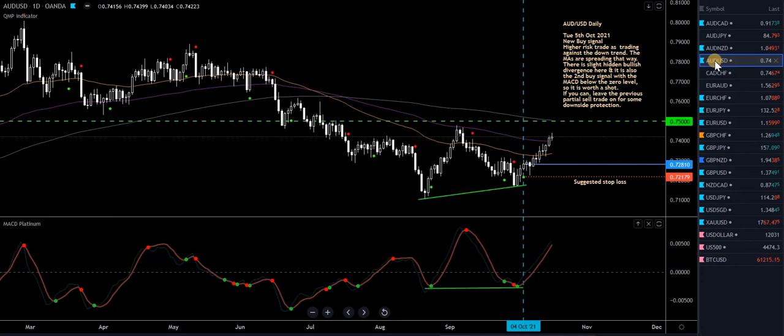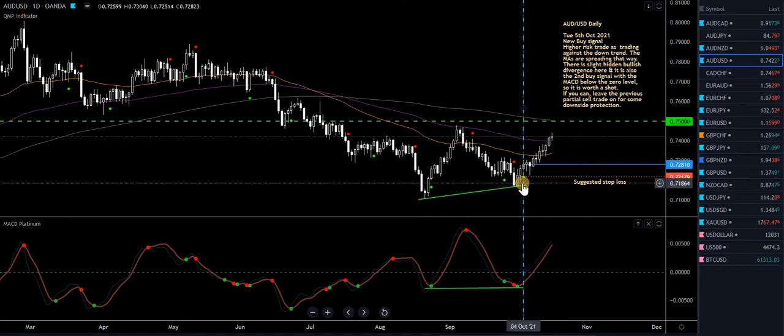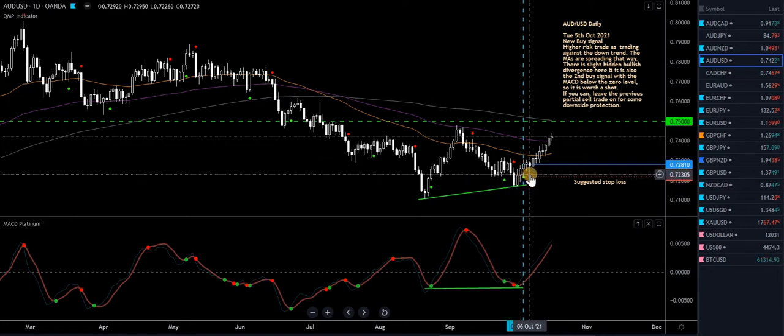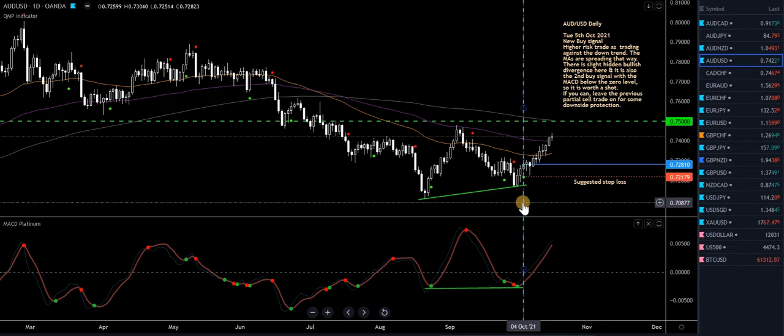Aussie USD. There's a high risk buy in here. You can see my notes for it. It didn't go anywhere. This was a high risk buy, trust me. I like the fact that there was divergence there, and it didn't really go off and came down. My initial stop was down here somewhere below the low here,